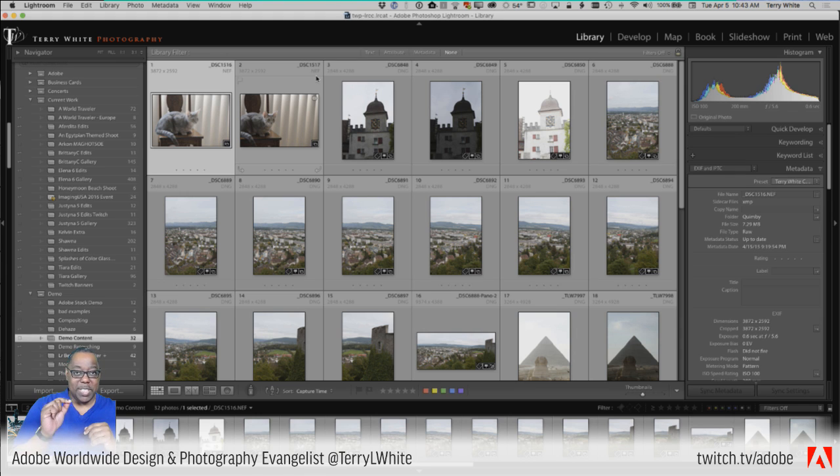JPEG is an open standard. Anyone can write to it. Anyone can write a piece of software that can read it. That's why JPEG is so synonymous with all the different software manufacturers and all the different camera manufacturers. We don't have that agreement yet amongst camera manufacturers that will all agree to use one format. So Nikon has theirs, Canon has theirs, Fuji has theirs, Olympus has theirs, Sony has theirs, everybody has their own.